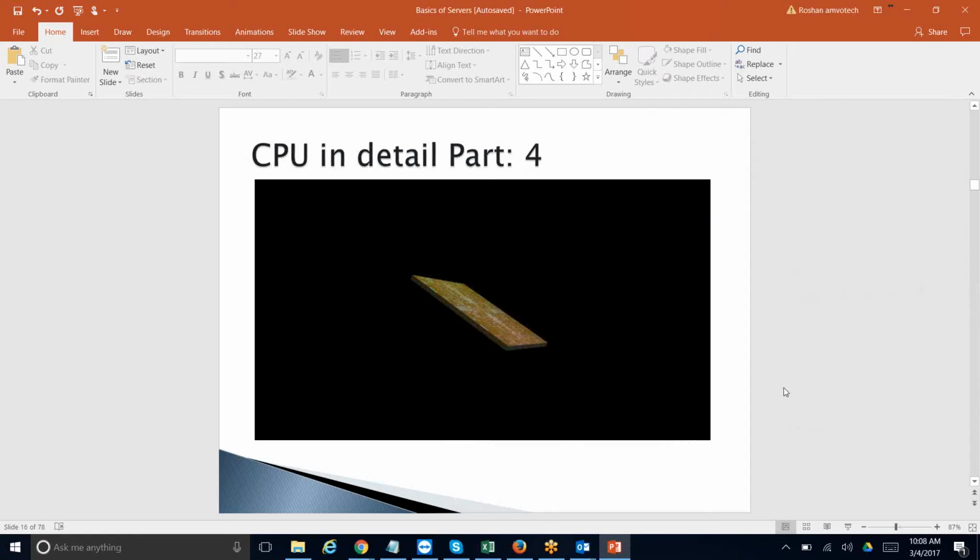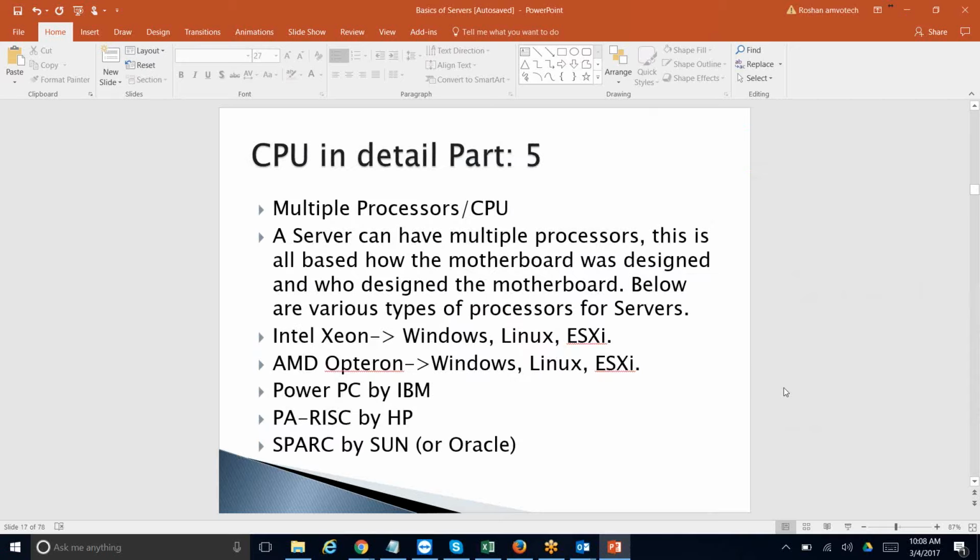So, let's go. CPU in detail. Multi-processor CPUs. A server can have multiple processors. In a server, if you see there are four cores, quad core, there will be two quad core CPUs. So what does that mean? If you have two quad core,